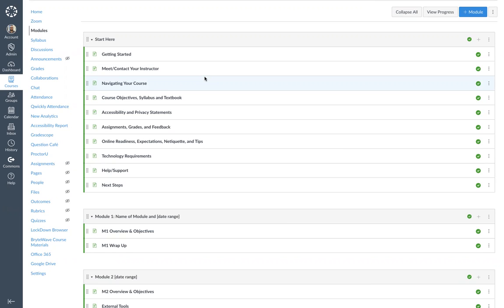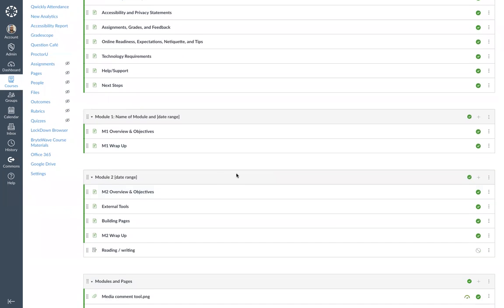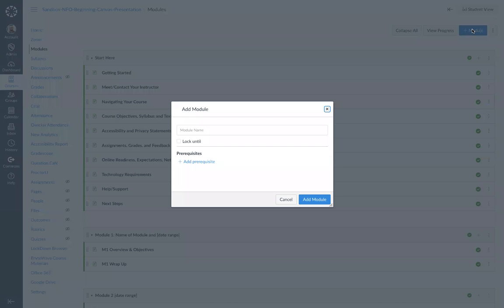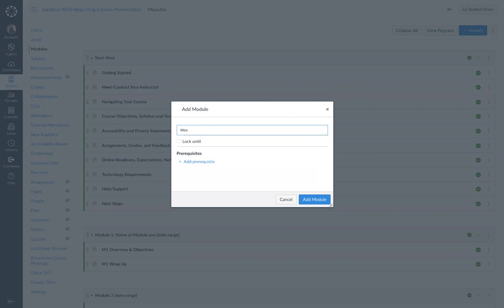To do that, everything is presented as a module. This is just simply an example of what a module would look like. And the module is the front page. The way that you do that is, to begin with, there is this blue button on the top right-hand corner where you just click on adding a module. You can give the name of the module. We'll call that week 4, for example, with the date of that week.